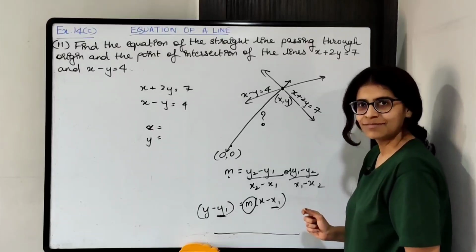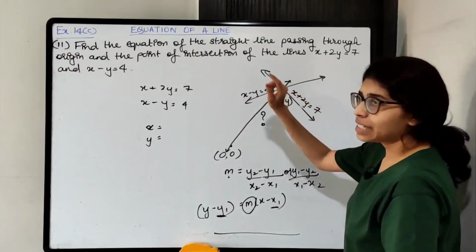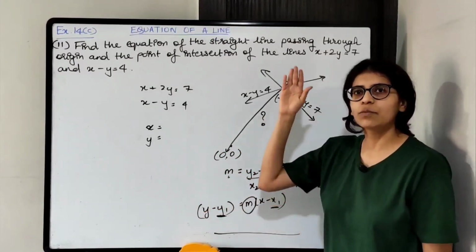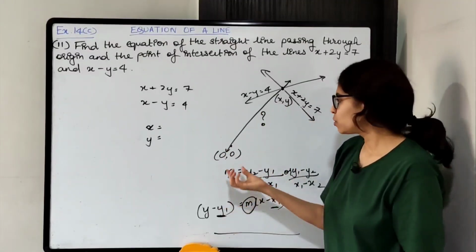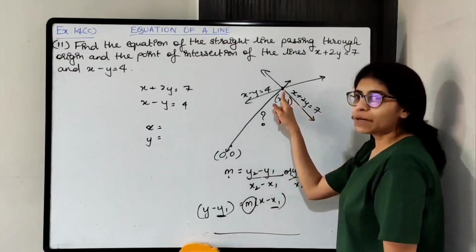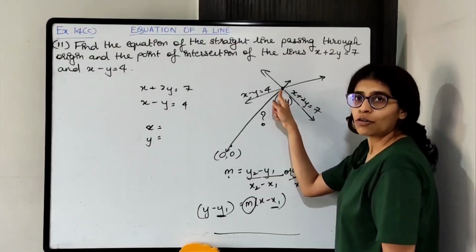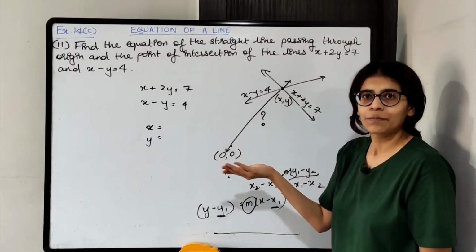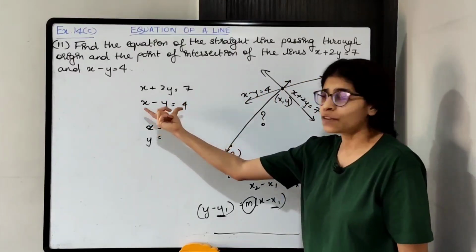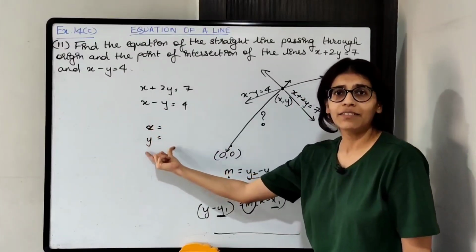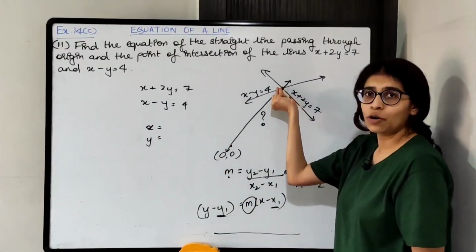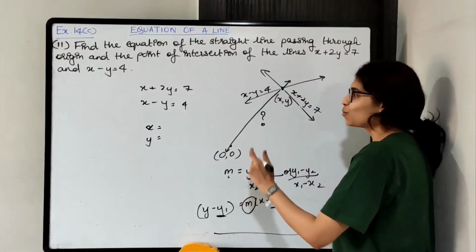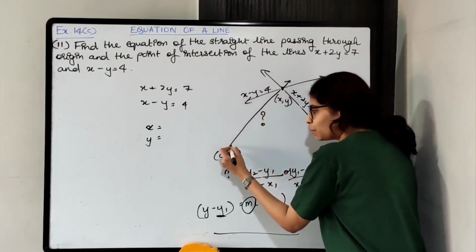Okay, I repeat, there is a line which is passing through origin. The coordinates of origin are 0, 0. It is the point of intersection of the x and y axis. So it is 0, 0. It is passing through origin and through the other point of intersection of two lines. The equations of these two lines are given. So we just have to solve the two equations and find out the values of x and y. The values of x and y that we get are nothing but the coordinates of that point of intersection. So this line is passing through that point of intersection also. So this point is also lying on the line, and this point is also lying on the line.